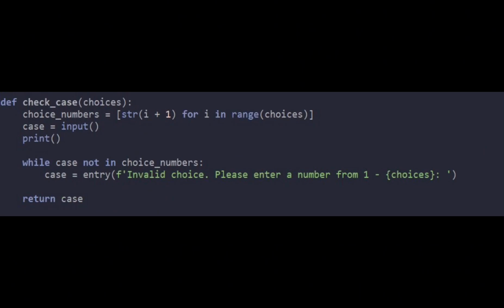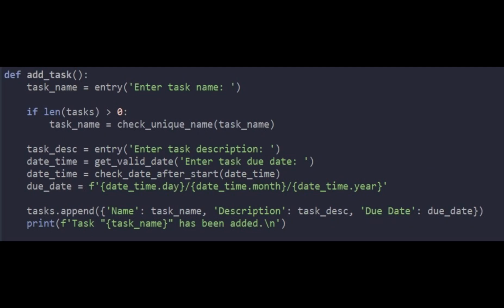The check case function is a function for checking if the user entered the correct choice, or a valid choice, for editing the table. If it's an invalid choice, a message telling that it's an invalid choice and to please enter a new number will appear on the screen. Add task starts with entry to set up the task name as the input,